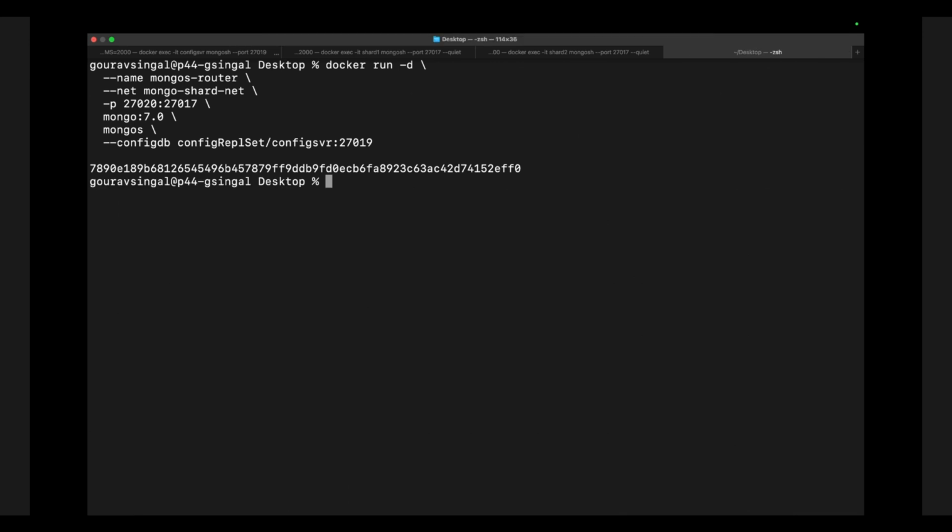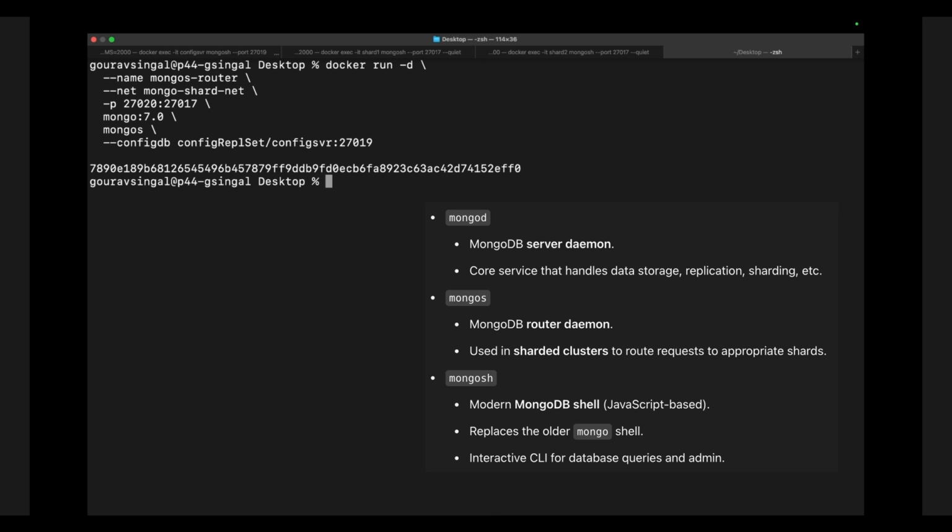Here we have created the Mongo router also with the Mongo image, but the Mongo version 7 Docker image bundles all the MongoDB executable files like mongod, which is the storage and database server, mongos, which is the router, and mongo, which is a shell from which clients will execute their commands inside the container. So basically, because we want only the router, that's why I have mentioned mongo:7.0 mongos.